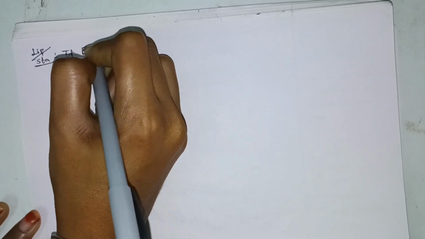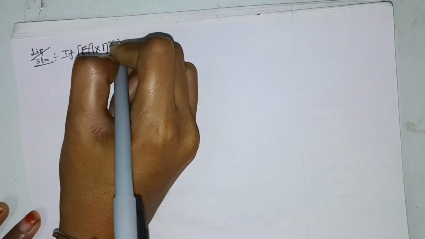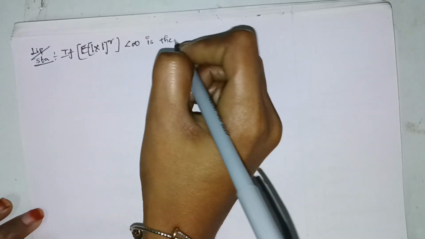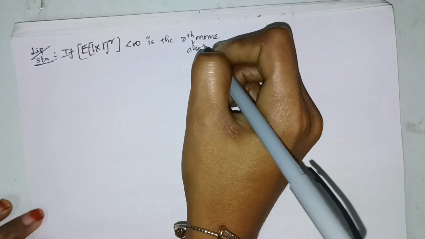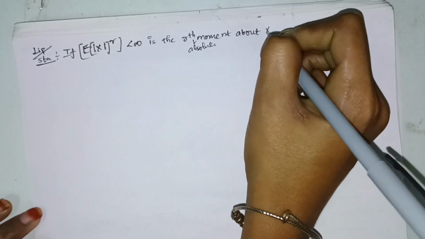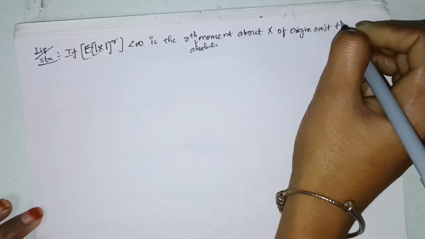So today we are going to see the statement and proof of Liapunov inequality, and the statement is: if expectation of mod x to the power of r is less than infinity, that is, the rth absolute moment about origin of x exists, then we need to prove